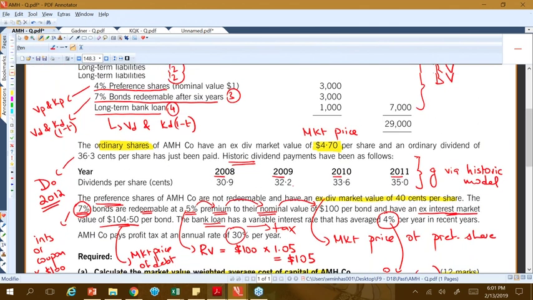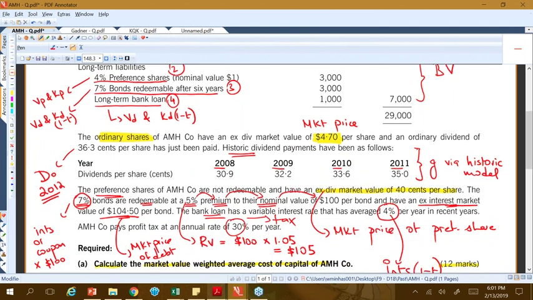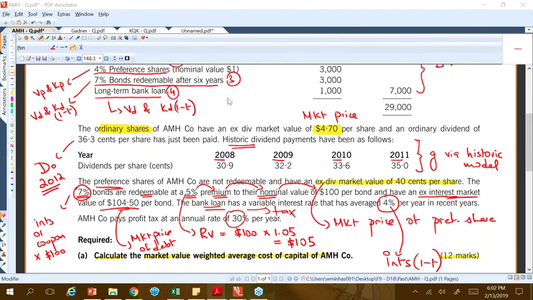I'll just stop here for a few seconds and I will be receiving questions at this point. So can I get some questions here on the given information in this scenario? Any quick questions here before we go into the workings on this particular question? The questions are coming in.